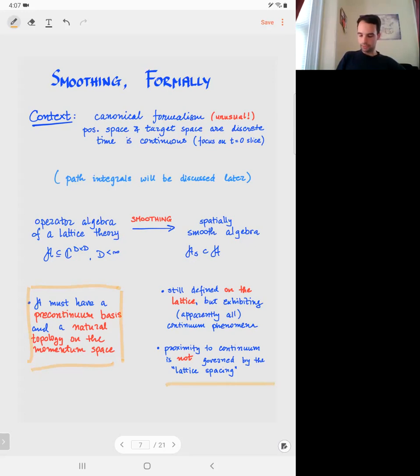And let me just emphasize that what this procedure ends up giving you is another lattice theory, where, as I said, all the fields vary very smoothly, both in the target, if the target is large, and in the spatial manifold. And the proximity to the continuum, the quality of how continuous things are, is not governed by the size of the lattice spacing, or in other words, by the number of sites on the lattice, but is actually governed by another cutoff, which is going to be introduced during this procedure. So there is a separate cutoff, which is not the same as the lattice spacing, which governs the continuum